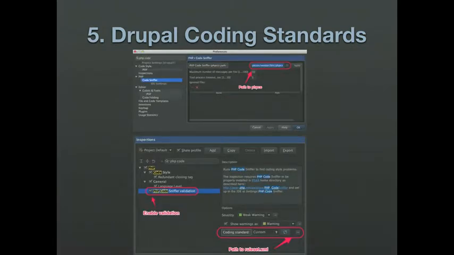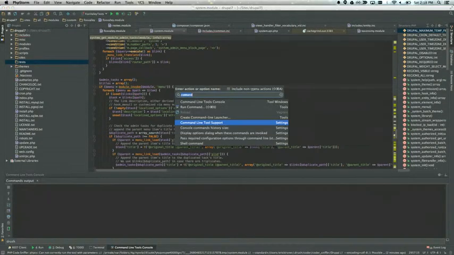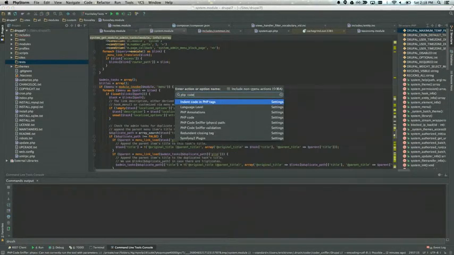So basically, you put your code sniffer path here in this code sniffer setting. And then under PHP code sniffer validation, you enable it. And then in coding standard there, that is where you put in the Drupal coder rule set module. So let's take a look at that too. PHP code.